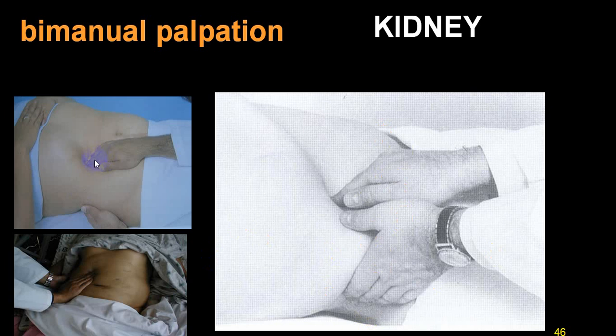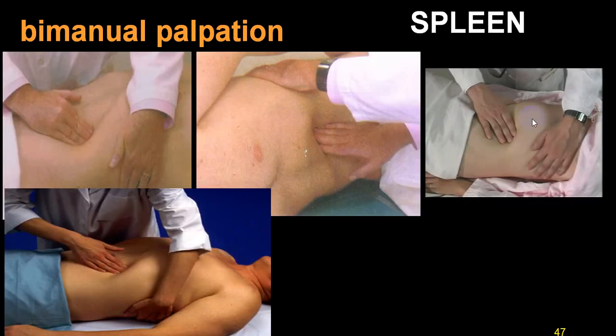But when you are pushing your hand upward and you are pushing this anteriorly, or you are pushing from right hypochondrium towards this palpating hand, that is for liver. Usually not commonly being utilized. And for a spleen, this is pushing hand, this is palpating hand. So at the left hypochondrium, that is the left costal margin, you push your hand towards the left costal margin, and this is a pushing hand and this is a palpating hand. These are usually techniques which are being utilized, very not common. This is called bimanual palpation for spleen, mainly for just palpable spleen.